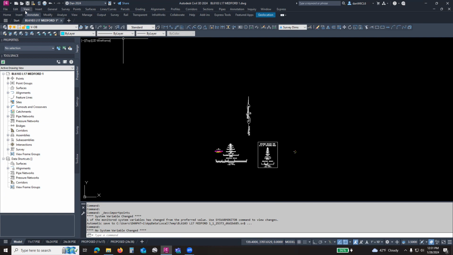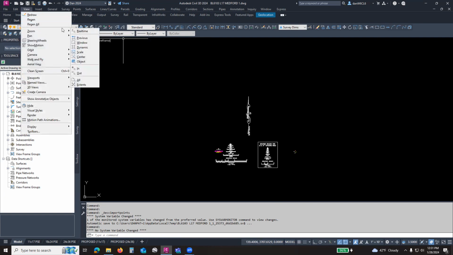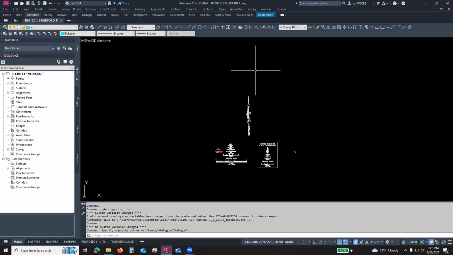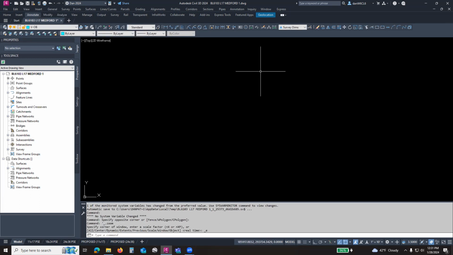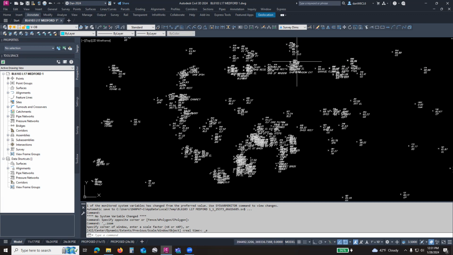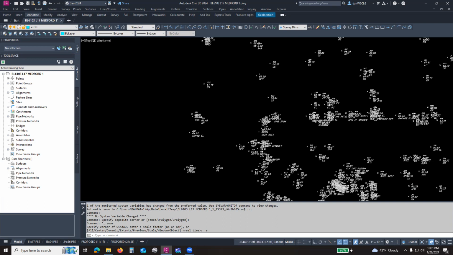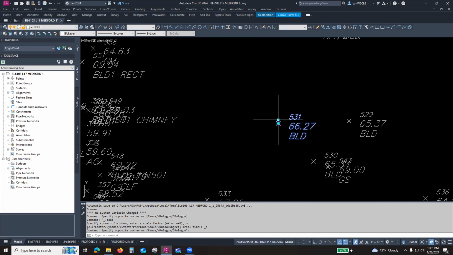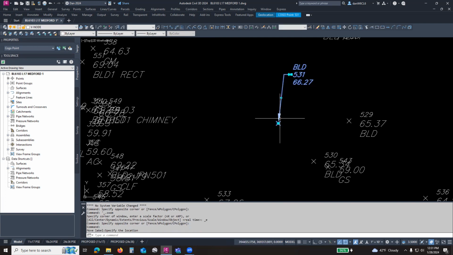You can go to view, zoom. You could zoom extents, which will show everything in the whole drawing, or you could just double click the mouse wheel and it does the same thing. I'll put my cursor over by where the points are and wheel in, and it zooms in. This is all of our point data. Somebody shot a building corner here. I can drag the text around